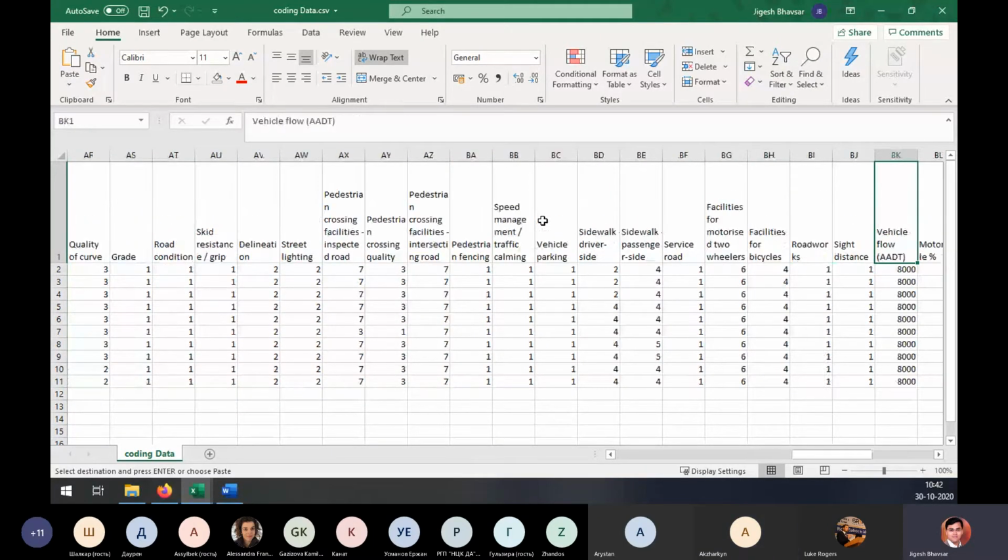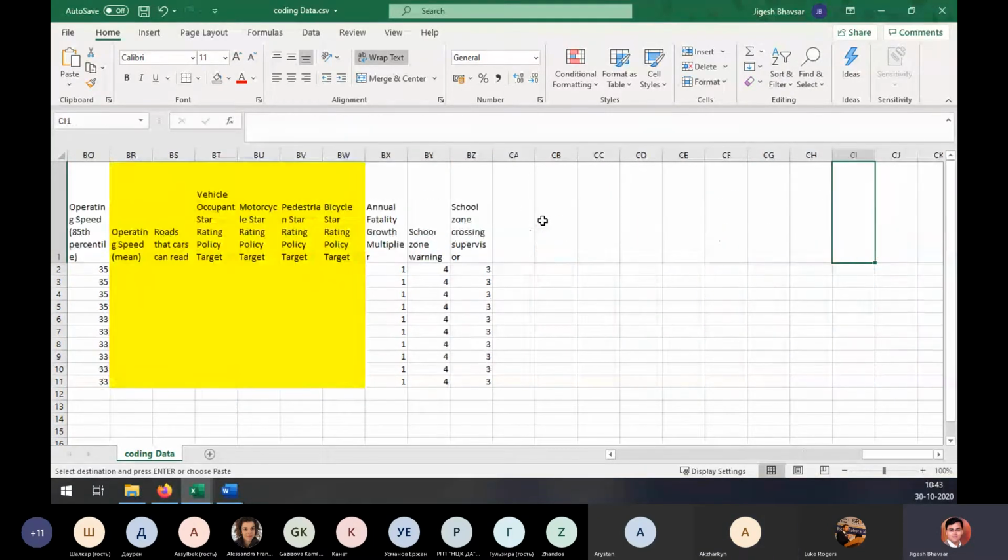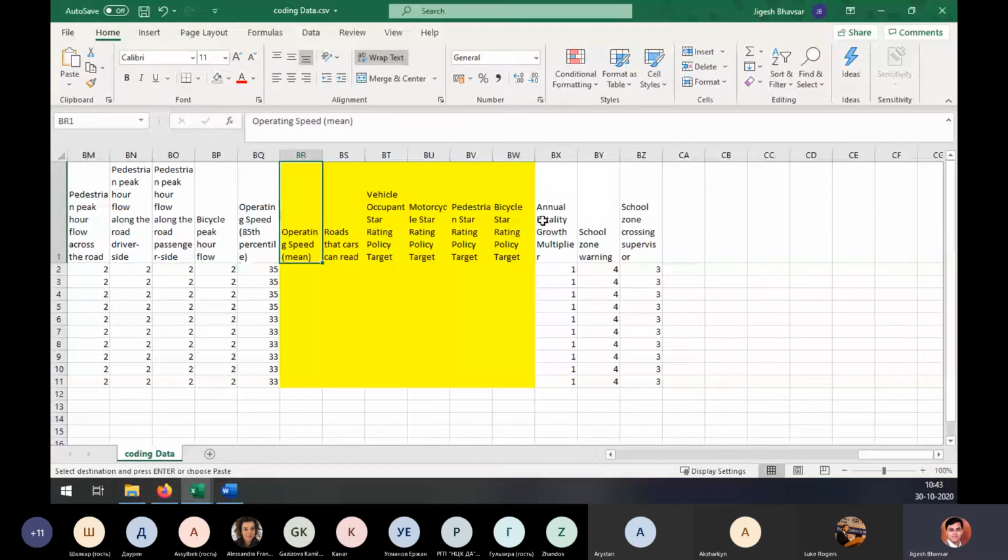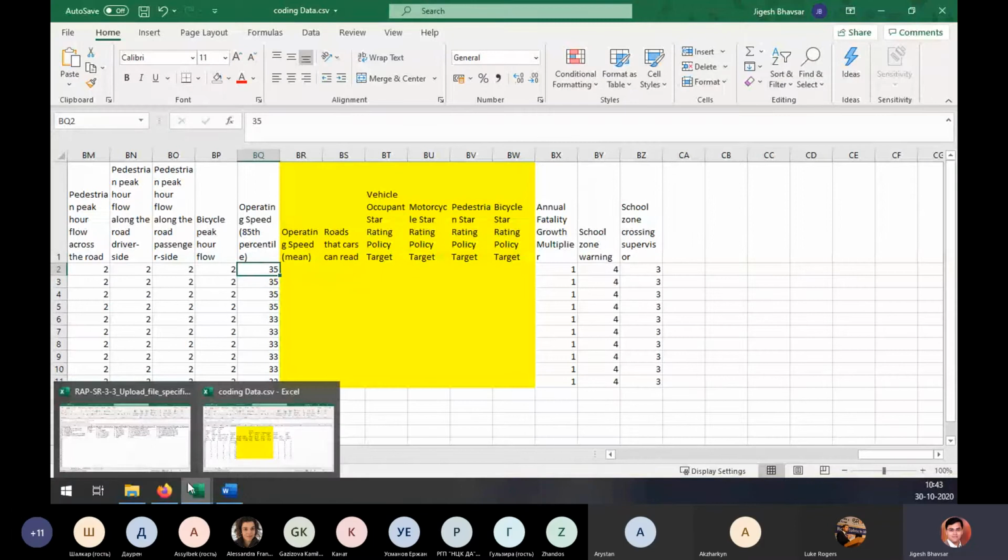Okay. Now the next blank column you will see is operating speed mean. Now mean operating speeds are used for generating the investment plan. That is like average operating speeds, and it is usually slightly lower than the 85th percentile operating speed. So again here these are the codes, not actually speed. So we can see what is that speed. So I'll just go to the